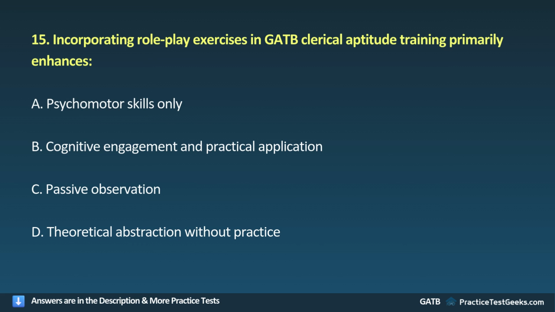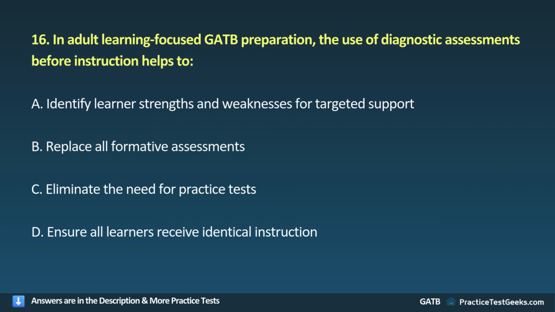15. Incorporating role-play exercises in GATB clerical aptitude training primarily enhances A. Psychomotor skills only. B. Cognitive engagement and practical application. C. Passive observation. D. Theoretical abstraction without practice. 16. In adult learning-focused GATB preparation, the use of diagnostic assessments before instruction helps to